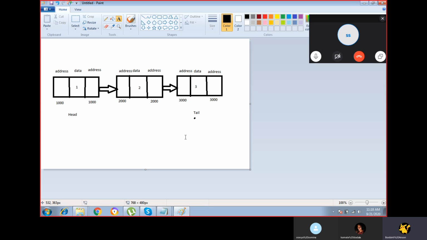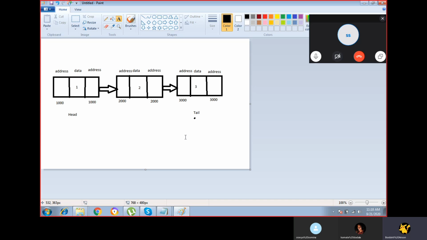Here I'm taking 3 nodes, in which each node has an actual data value. For the first node I'm placing 1 as the actual data value, for the second node I'm placing 2, and for the third node I'm placing 3 as the actual data value.